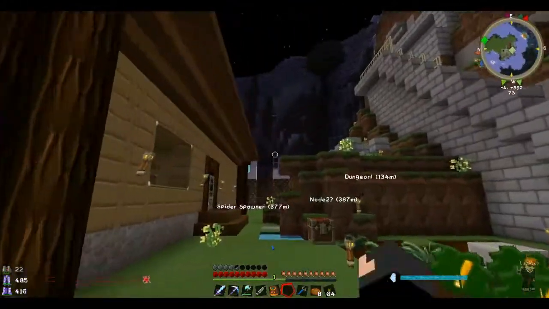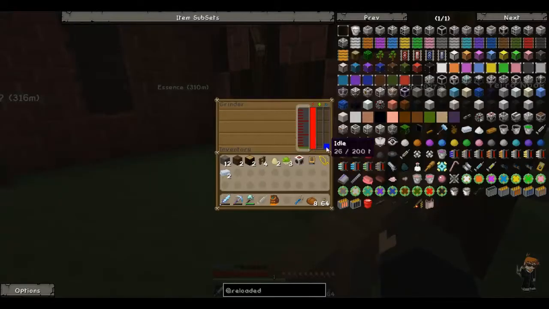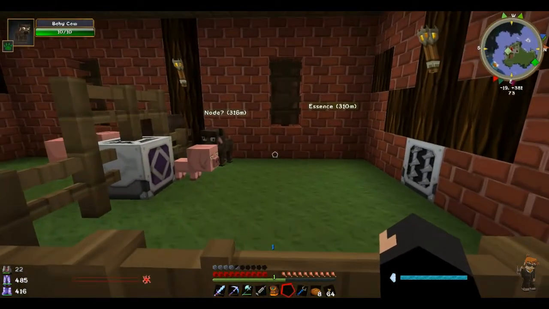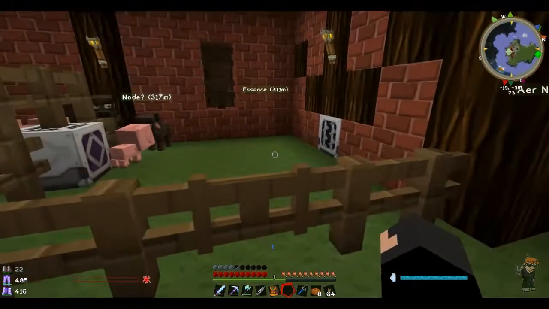I'm going to finish the tank up there for the mob essence, because now we've killed a couple, we're getting a little bit of mob essence, not very much, but we're getting some. So that is cool. I'm liking it. I am liking it. I wonder if